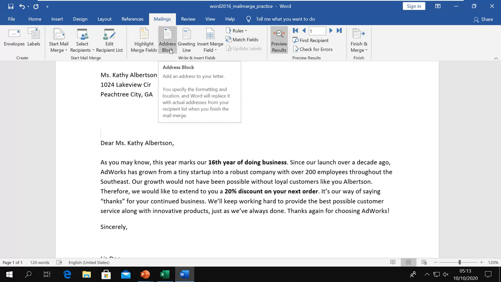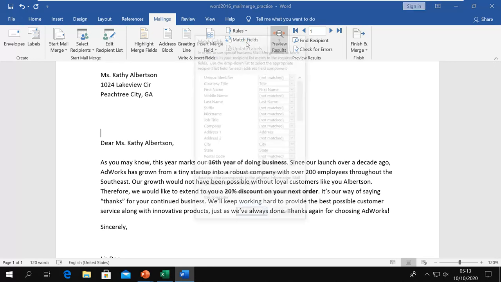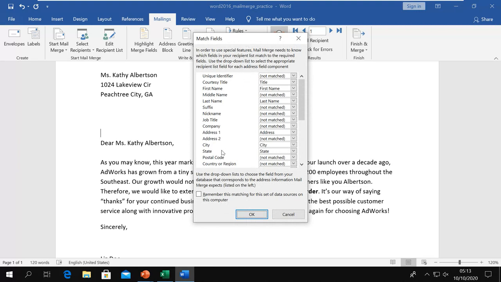Then again, this is the same option which helps you add the address block, greeting, and also the last name, first name, address, city, and state fields anywhere in the letter. Then we have the command for match fields. If you click on it, again it will show you the same thing where you can match the fields. I'll show you some changes here. City, I will use here state. See, I'm making it wrong so you can understand. And in place of state, I'm saying go for city. Now you see what happens here.